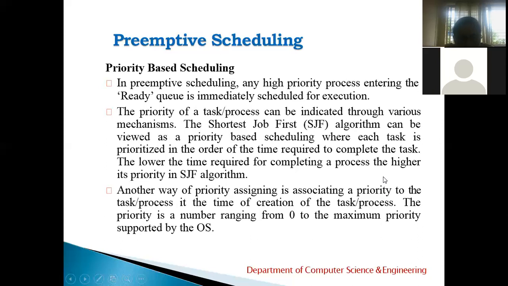In this algorithm, the priority of a task or process can be indicated through various mechanisms. The shortest job first algorithm can be viewed as priority based scheduling, where each task is prioritized in the order of the time required to complete it. The lower the time required for completing a process, the higher its priority in the SJF algorithm. Otherwise, there is one more